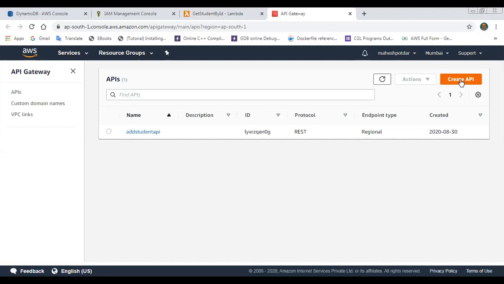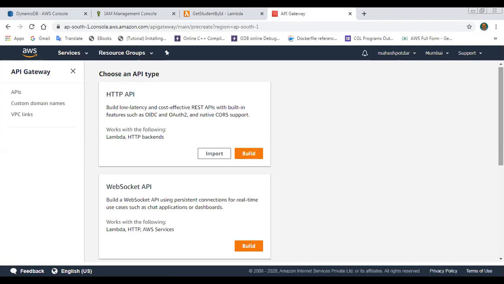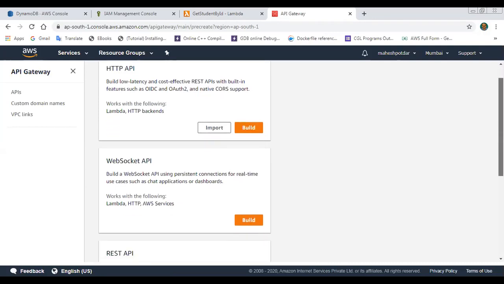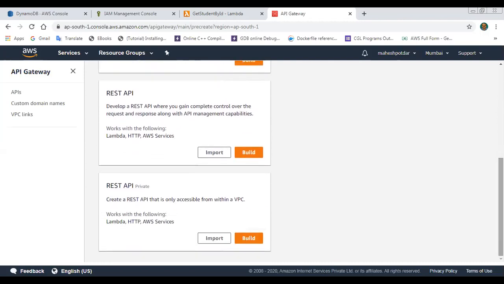This is the procedure of creating the REST API. You just click on the button called Create API. API gateway provides different types of API: HTTP API, WebSocket API, REST API, and REST API private.